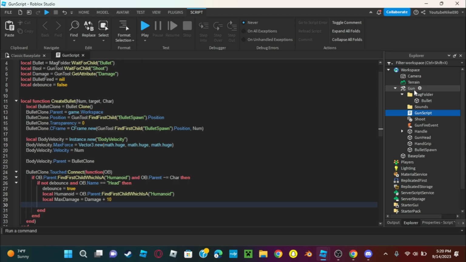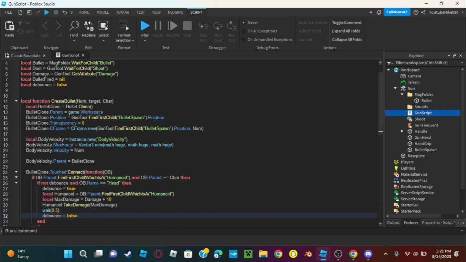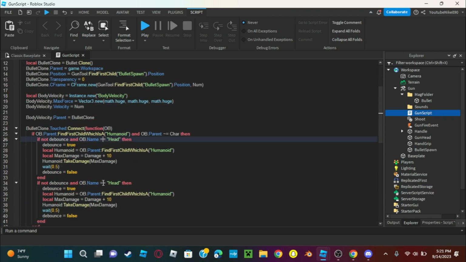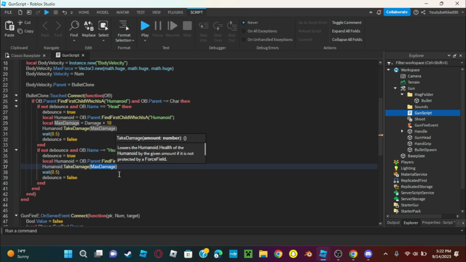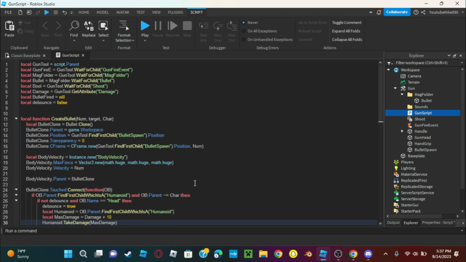Attribute set to the gun. So then we're going to put humanoid take damage, and we're just going to put max, and wait 0.5. So now we're going to make it so if it does not get the head, it's just normal damage. So we're going to put head, then just take this off. Actually, take this off completely. Then just damage. Okay, so now that we got everything done here,